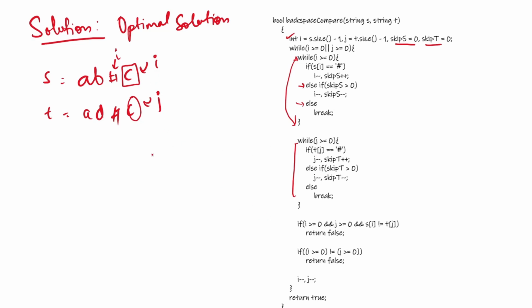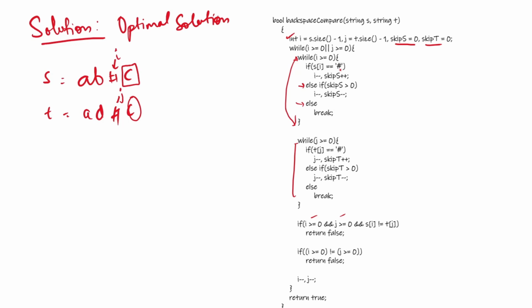Now we will first check whether both of them are in bound, then we will check if they are not equal. If both of them are not equal, we will not go ahead, we will just declare they are not equal. But right now they are equal, so in that case we will move both of them by minus 1. Now i is pointing to this and j is pointing to this. In that case, again start from here.